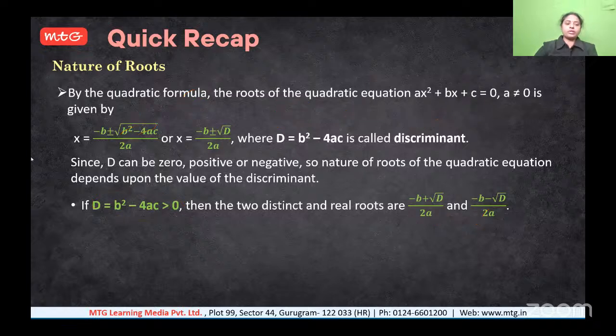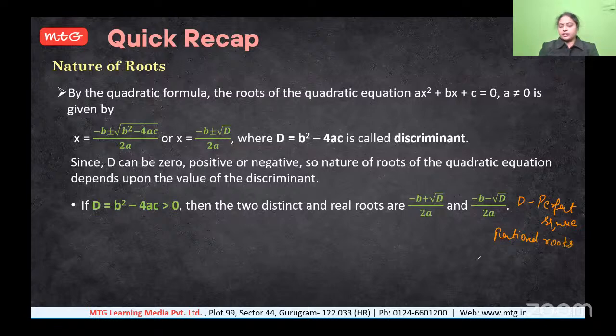वो भी मैं लिख दूंगी स्क्रीन पे. If d value in the first case here, if d is a perfect square, then you will get rational roots. Then the roots are rational roots. You'll get rational numbers. If d is non-perfect square, उस सिचुएशन में आपको irrational roots मिलेंगे।